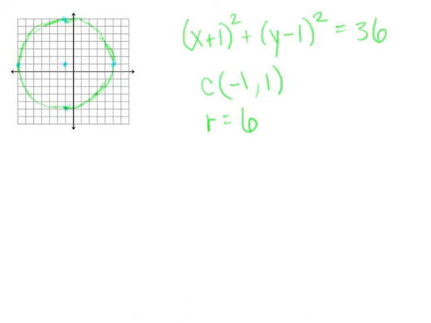Alright, so there's my circle. On an exam or something, I would accept something like this. It's not perfect, but it's a reasonable form of what I'm looking for. I'd actually take